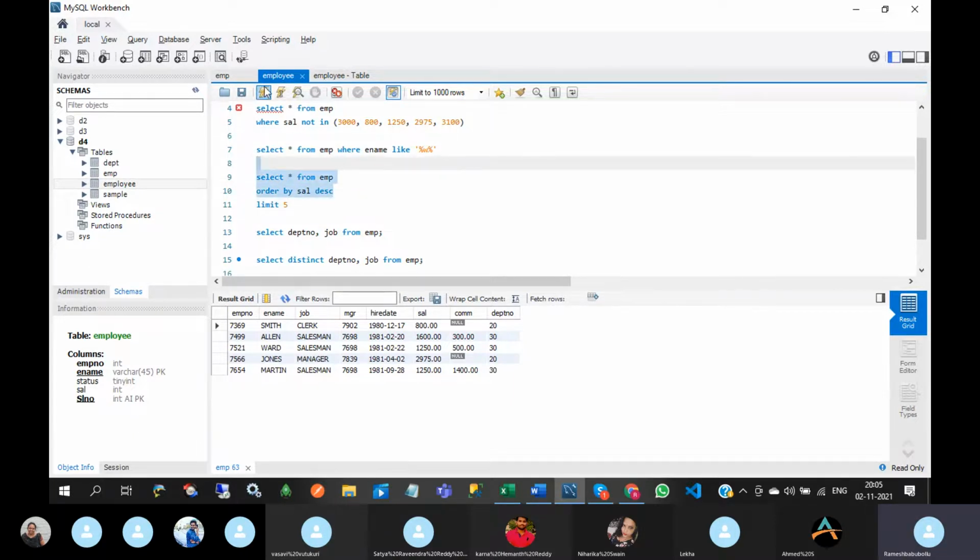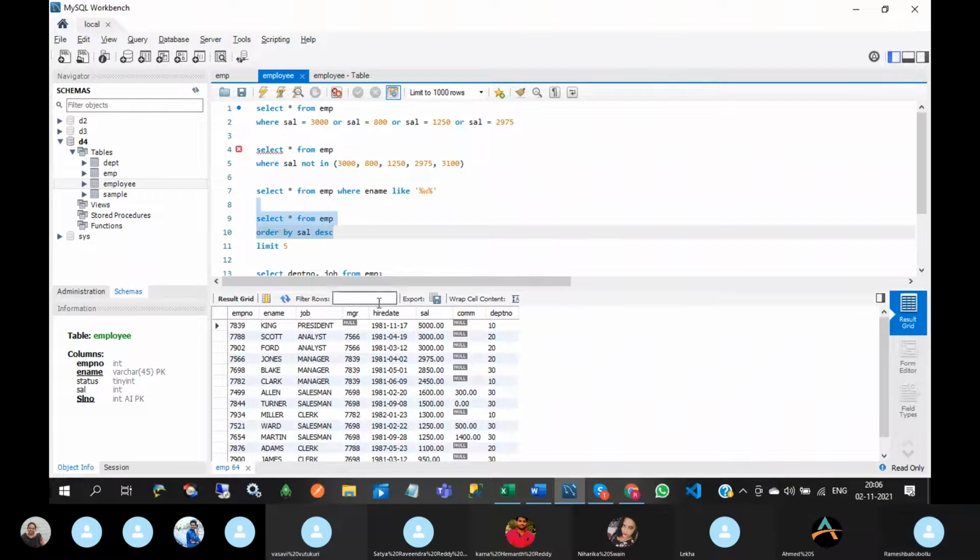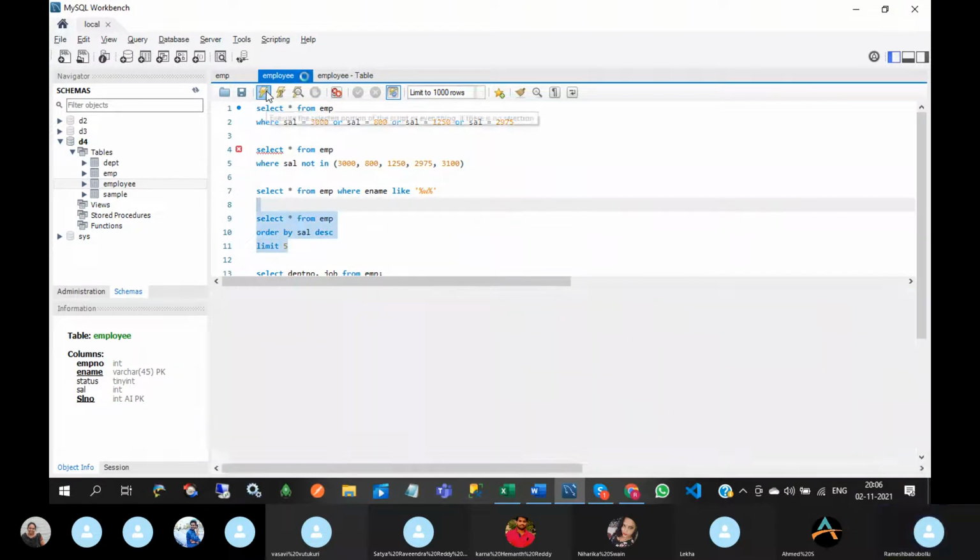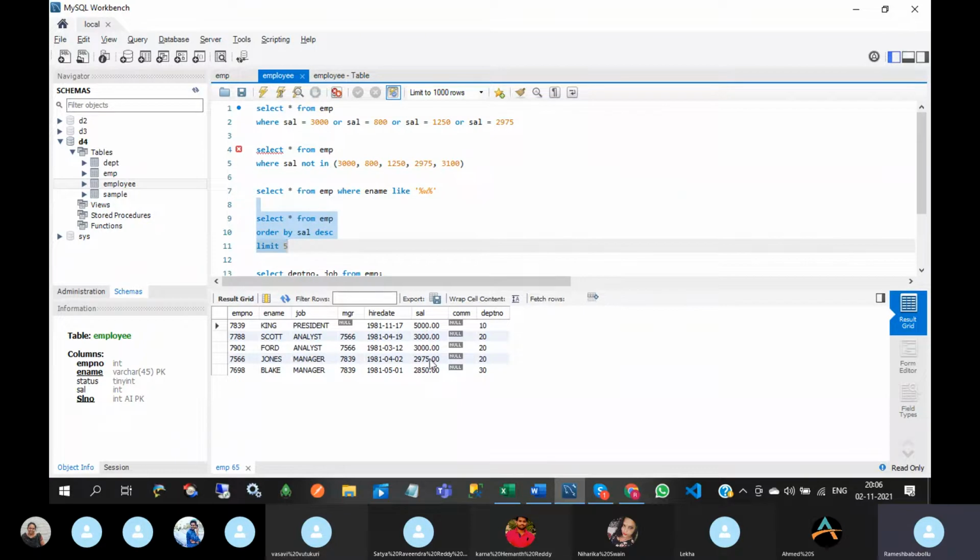So this query returns employee records based on salary in descending order. Okay, so this time I am giving limit. So it will display the first 5 records. Okay, so if you want to display the last 5 records, remove descending. Limit, as its name itself says, limits the number of records.